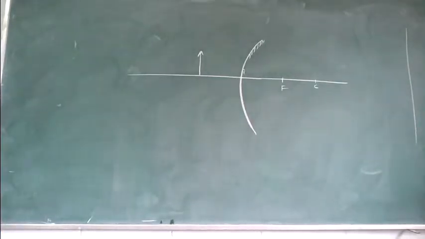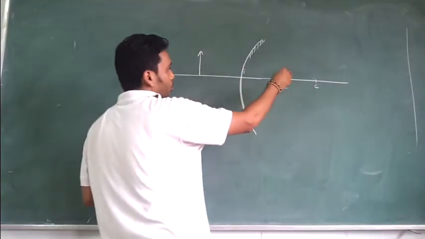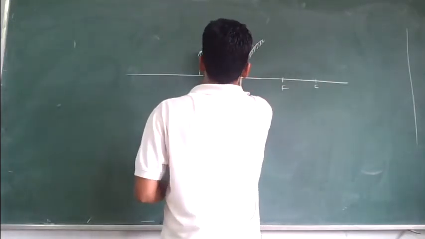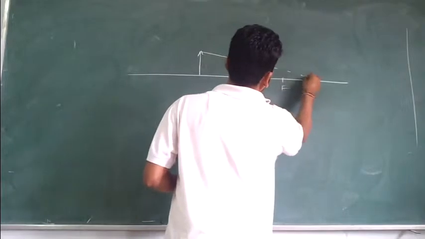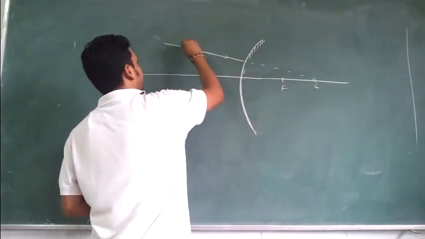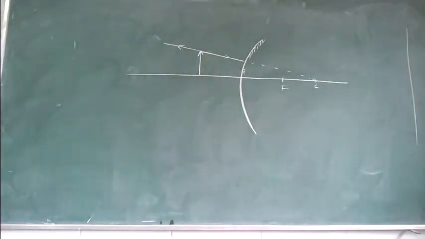Now in convex mirrors, we always get diminished images. Hence, try to make big objects so that you get a proper diagram. Do not make a small object over here, you will get a very, very small image. The coolest one is the one which is normal, the one which is headed for the center of curvature. What happens to this ray? It gets reflected. You have to show two arrows. If you don't show two arrows, you will not get marks in the board. That is for sure.